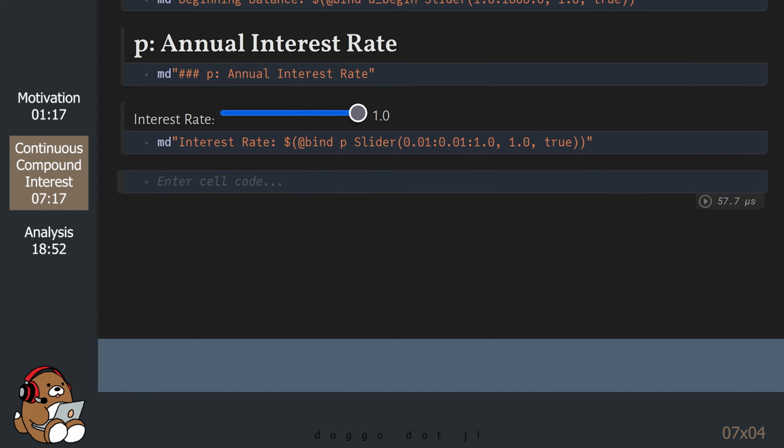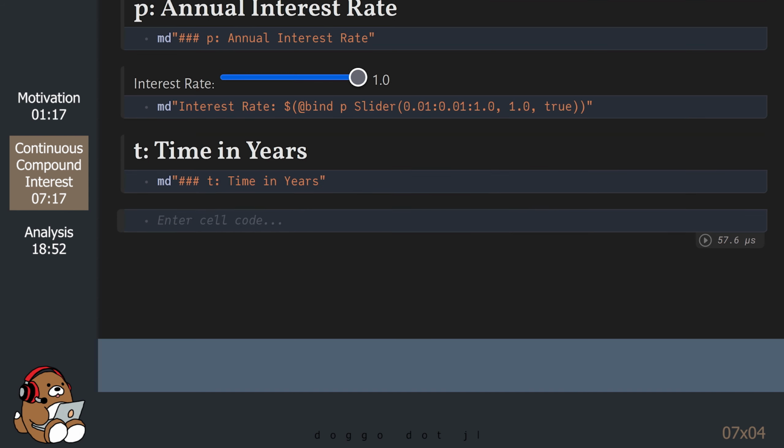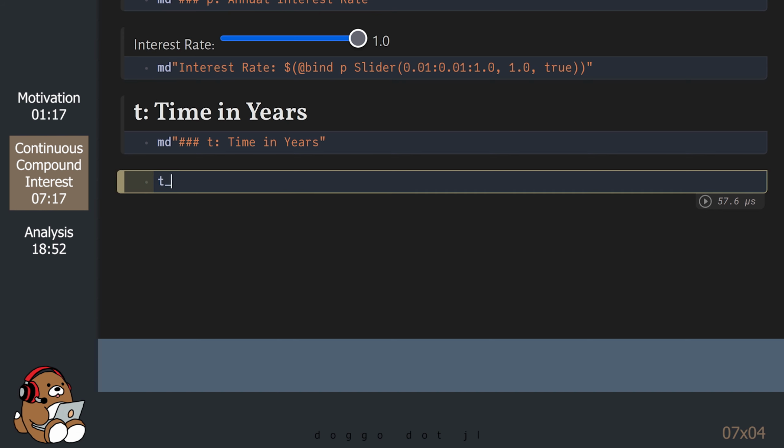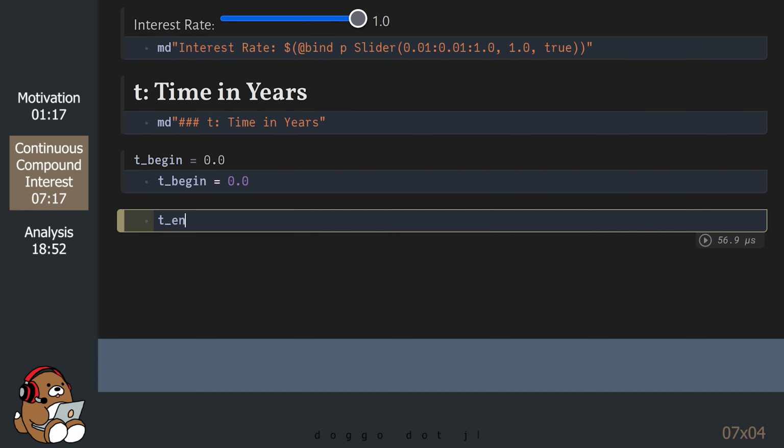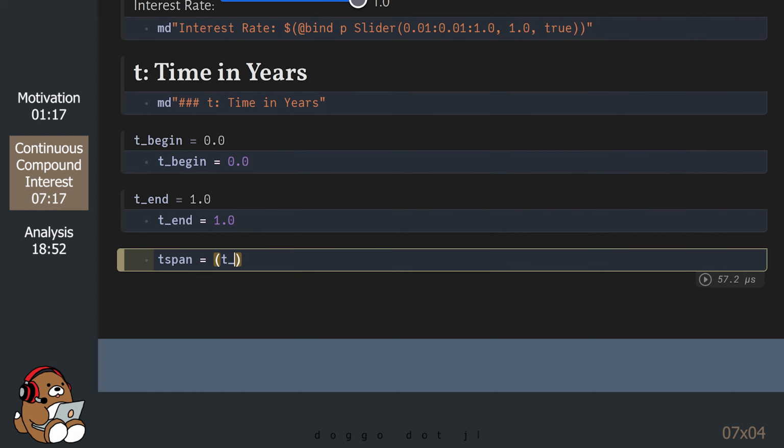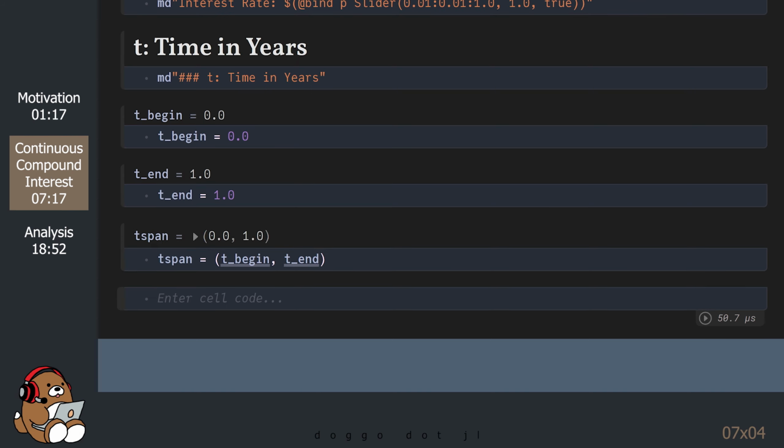Next, we need to assign the variables for time. For time, we need a starting time and an ending time. These values need to be placed inside of a tuple assigned to a variable named tspan. In order to recreate Bernoulli's thought experiment, let's use a starting time of 0 and an ending time of 1.